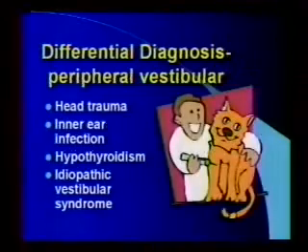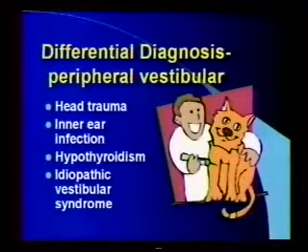So these are the things that can cause peripheral vestibular disease. Things like a head trauma, if they get something that has caused a fracture in the osseous bulla of the ears, or if they have an inner ear infection. Hypothyroidism can cause acute vestibular signs, so you should check the thyroid on all dogs that have this type of problem. And then we have an idiopathic vestibular syndrome in cats and dogs,